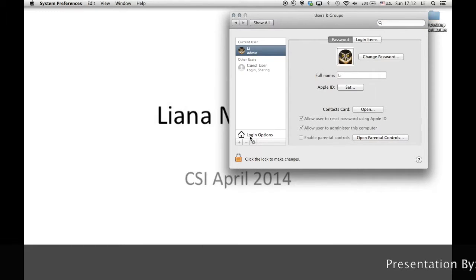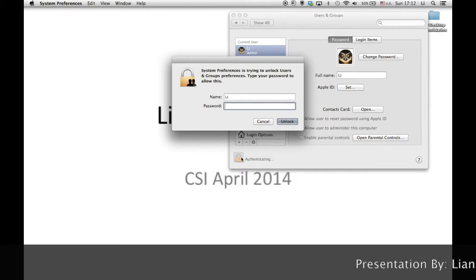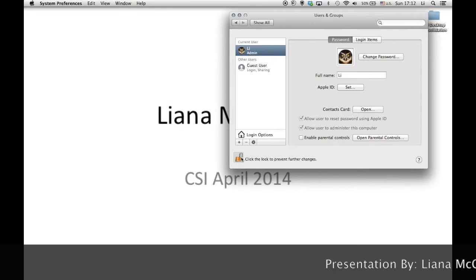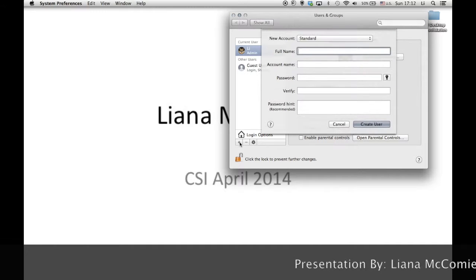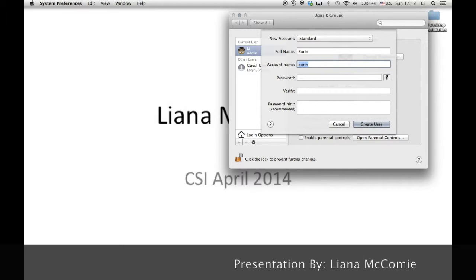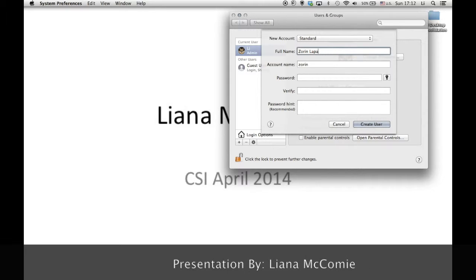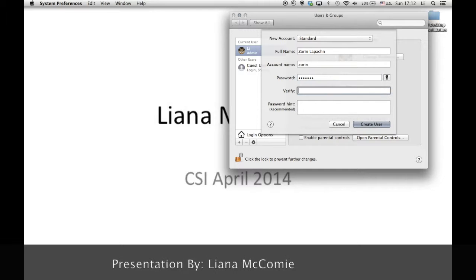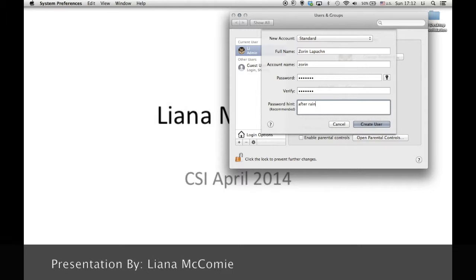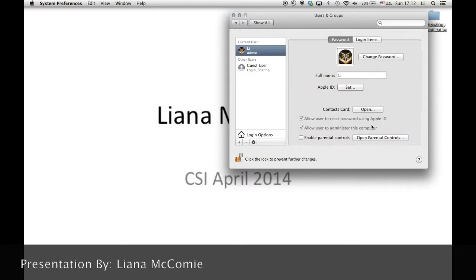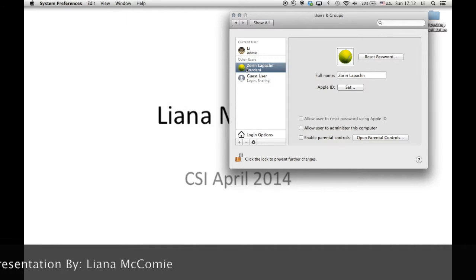To add, we have to click to type in your password here, unlock it, put in their name, create user, and there they are. To delete, just go here, just press the minus,